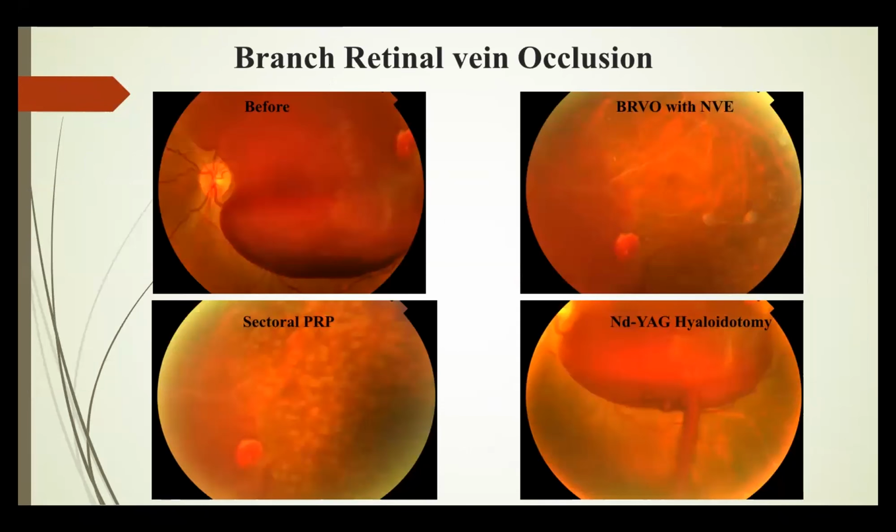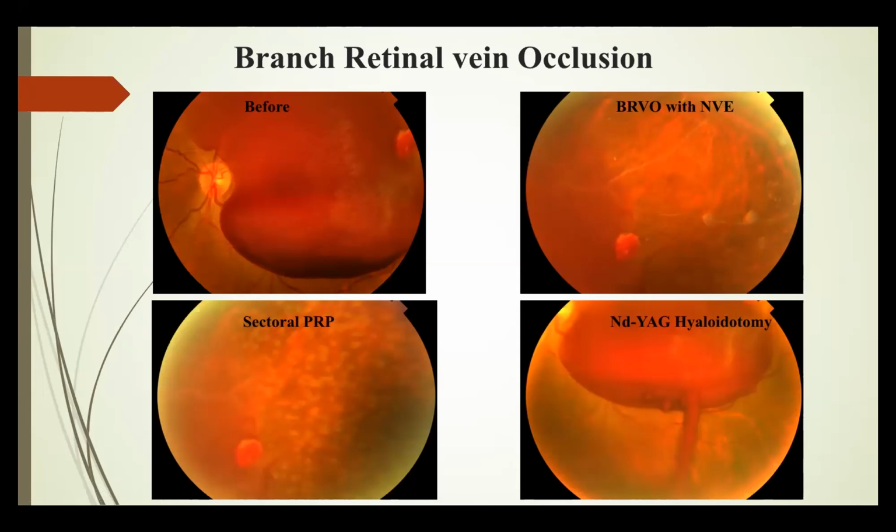So this is a case of branch retinal vein occlusion, where in the upper and right photographs, you can see a sclerosed vessel with neovascularization elsewhere in the superior quadrant. First, we did a sectoral PRP. On the same day, we did a YAG hyalotomy to drain the